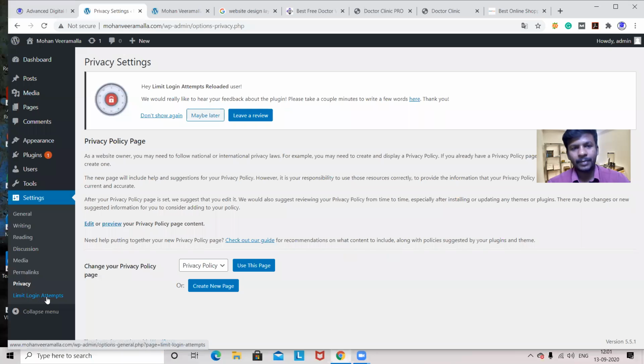And limit login attempts. For example, when I'm getting into the login section of WordPress, think that I have given a wrong password or wrong username, then it will ask me to log in again. Think that I did it 5 times. Now after 5 attempts it will give some time period before I can try to log in again. So here we can set those attempts, after 5 attempts or after 3 attempts it should give me a waiting time. Why? Because hackers are available outside there. They'll try to hack your website.